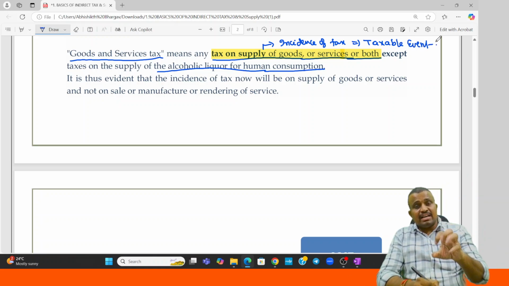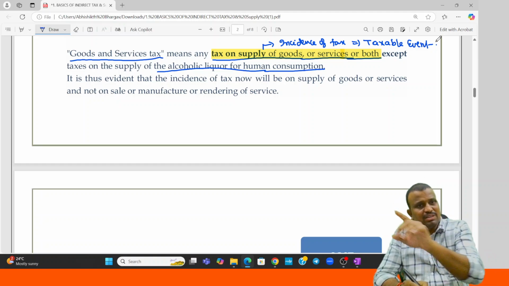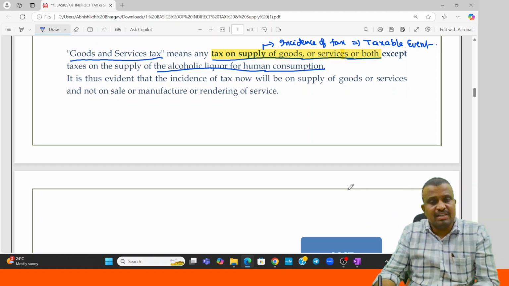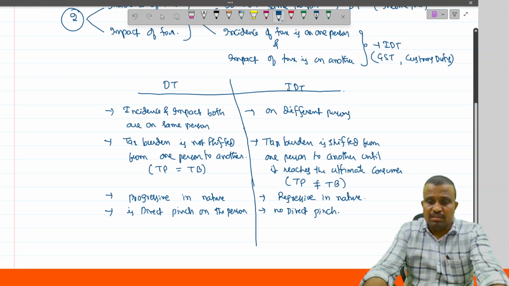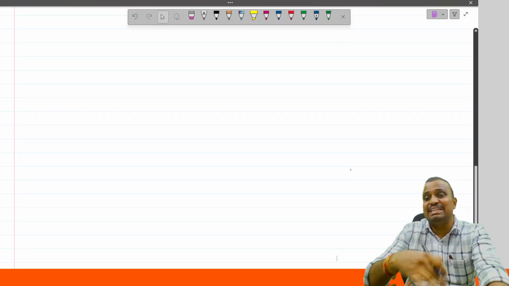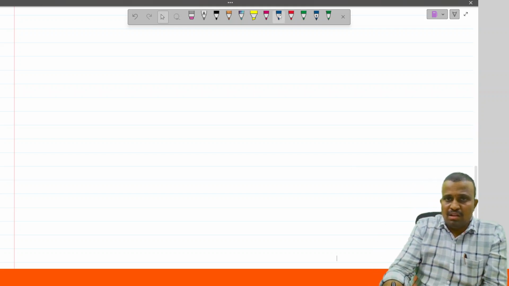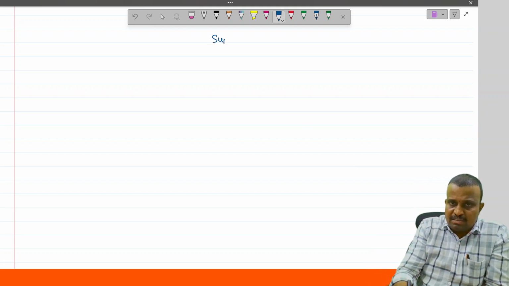Taxable event. In indirect tax, in case of GST, the incidence of the tax is nothing but what? Supply. Incidence of the tax is nothing but supply. Then, what is meant by supply and the detailed discussion about the supply will be covered in the next chapter. And first, coming to here, supply